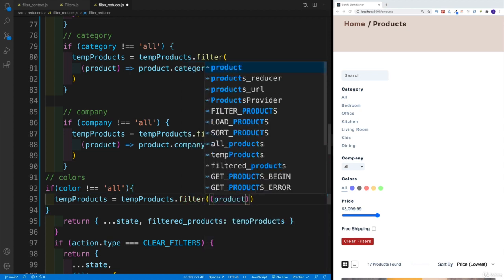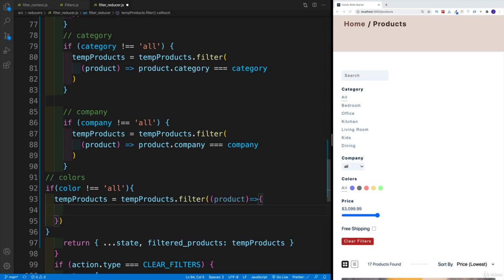Now, this is going to be the case where I'm looking for the product. And remember, products is an array itself. So you can't just say product colors is equal to something, because product colors is an array. So we need to run one more method, and that is going to be find. Where we go with a return, then product, then colors, and then I'll run the find method on this array.